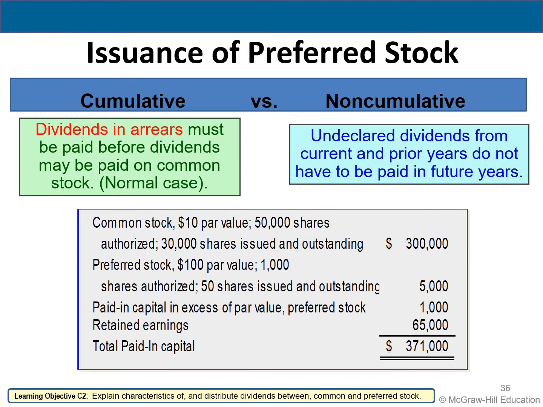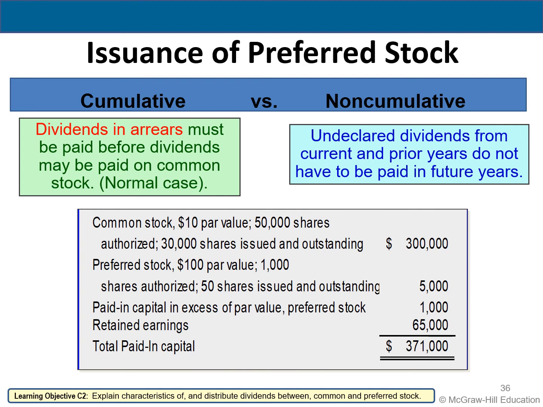All right, so preferred stock usually carries a preference for dividends, meaning that they're allocated their dividends before any dividends are allocated to common shareholders. The dividends allocated to preferred shareholders are usually expressed in a dollar amount per share or a percentage applied to par. The important thing to know is that a preference for dividends does not ensure dividends. If the directors decide not to declare a dividend, nobody's going to receive one, right?